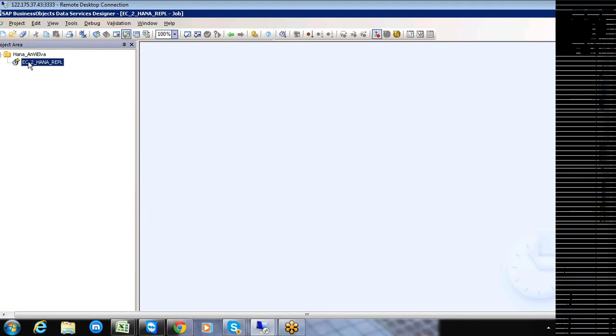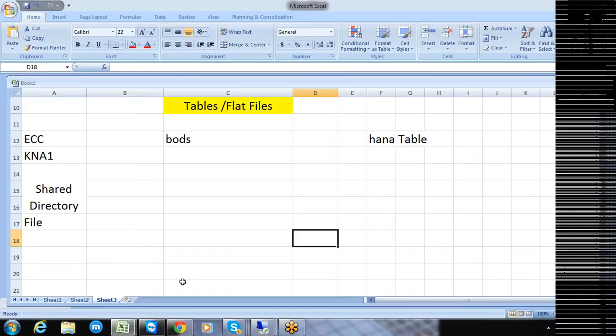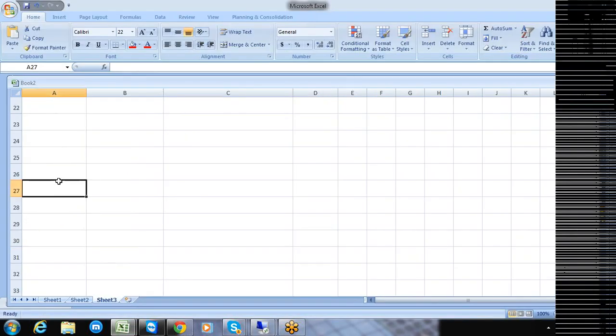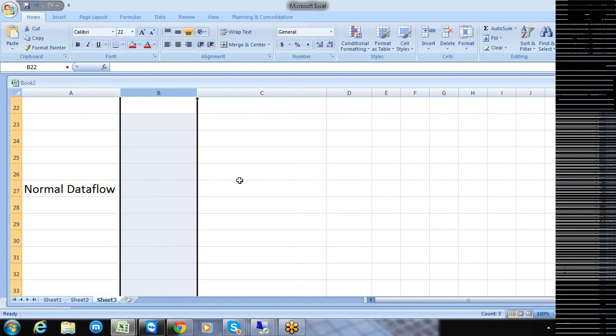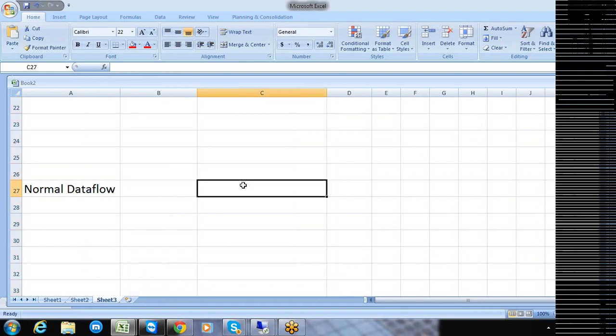A job contains two things here. Anand, the workflow concept we'll see later, but because we are very much interested in the data flow at this point. Okay, sure. No problem. So we are supposed to create a data flow. And the data flow in case of BODS is going to be of two types. The first type of data flow is nothing but a normal data flow, and the second type is the ABAP data flow.